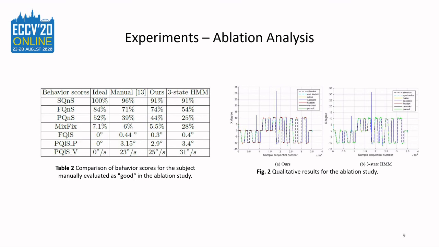Since the fixations, saccades, and smooth pursuits can be considered as 3 hidden states, we use the velocity feature as a criterion and adopt a single-stage hidden Markov model with the 3 hidden states to do the same task. In other words, we remove the second-stage classification from the proposed model. The experimental results for the ablation analysis prove that the hierarchical structure contributes to better classification results.